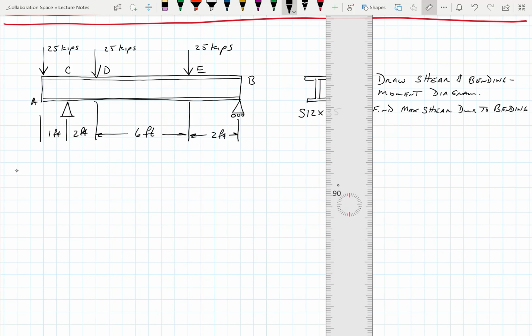All right. So free body diagram. What do we got? We got a beam that looks like this. We got a reaction here at C, and we got a reaction out here at B. And we got a force here at E, which was 25 kips. And we got one here at D, which is 25 kips also. And then way out at A,